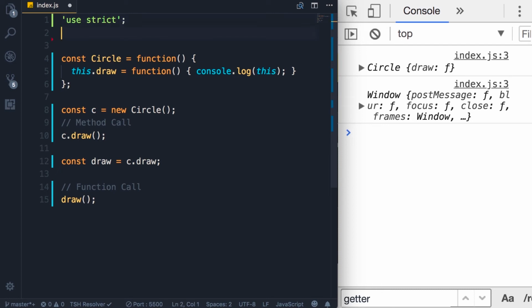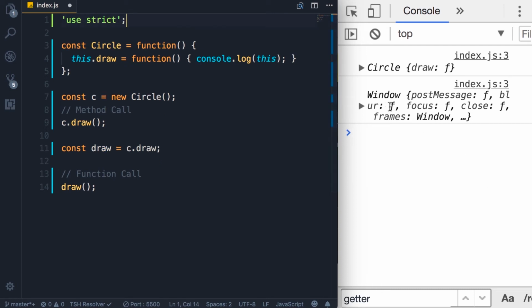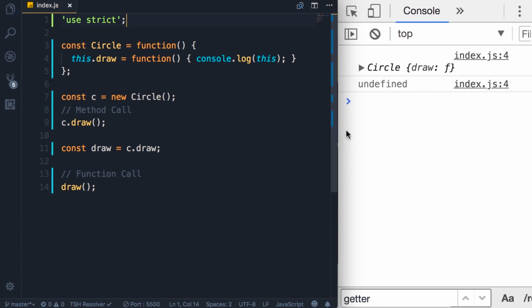Now, when I save the changes, you will see that instead of getting the window object here, we'll get undefined. So save, here it is, undefined. So when we enable strict mode, if we call a method as a function, this by default will no longer point to the global object, it will be set to undefined. The reason for this is to prevent us from accidentally modifying the global object, because that's bad practice. Now there's more to this strict mode that is beyond the scope of this course,